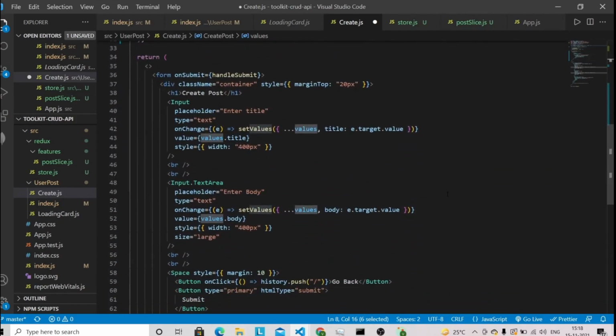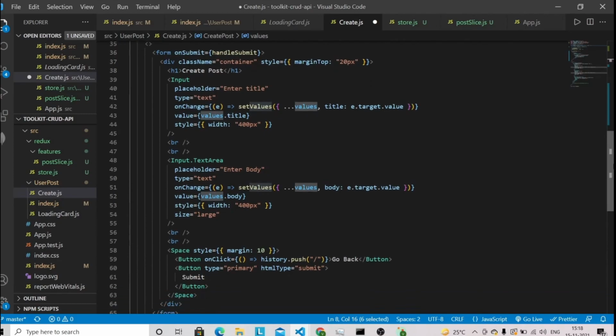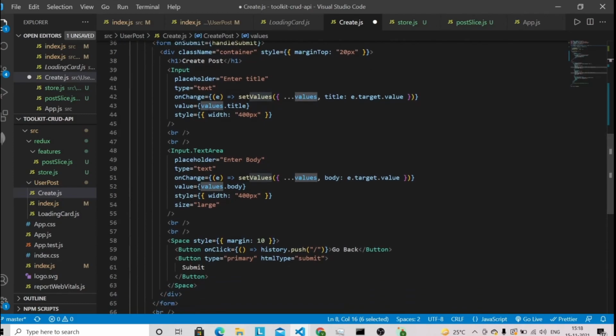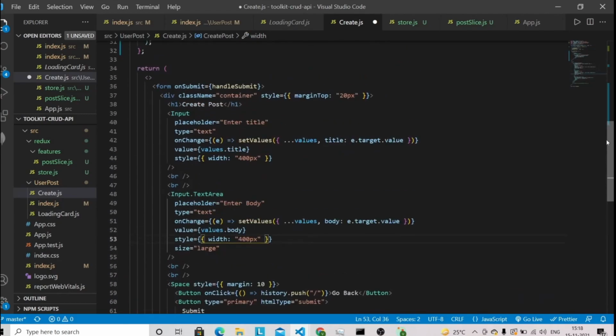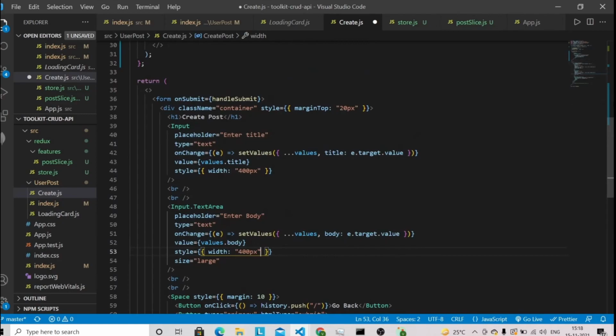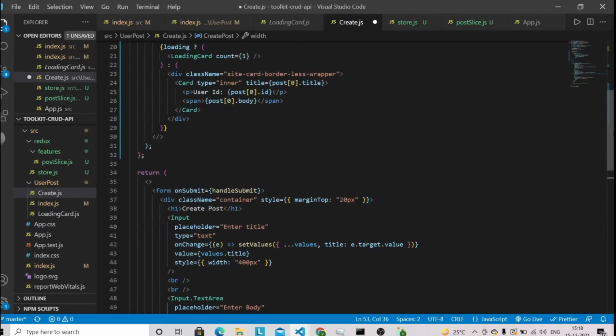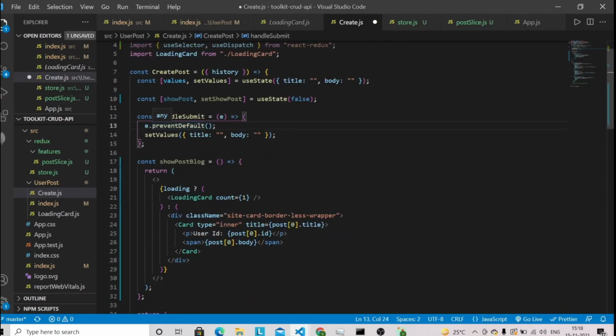You can see that we have two input fields for creating the single user post, based on the title and body. We are setting the value with setValues. In the values state we have a title and body, and in handleSubmit, once the user submits the form, we empty each input field after submitting the form successfully.